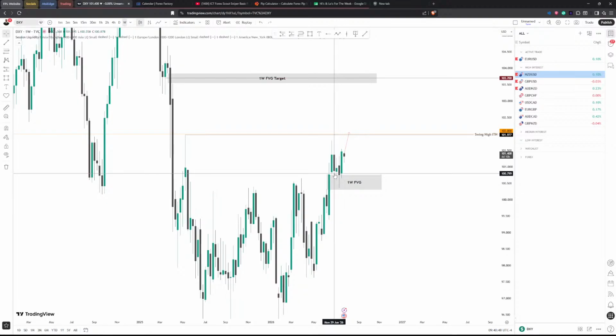Well, a swing high is only formed when you have two candlesticks to either side of it closed, and the lows of those two candlesticks are higher than the current or the middle candlestick. So this middle candlestick right here, which is a black one, the low to the left of it is higher, and the one to the right of it is also higher. So because they're higher, this now makes this the swing low, right? By terminology reasons. So that means the next candlestick, which is this week, as you can see, it's the current candlestick that's currently live and moving. This is now bullish, and it lines up with our target. So that's why we're bullish on USD.